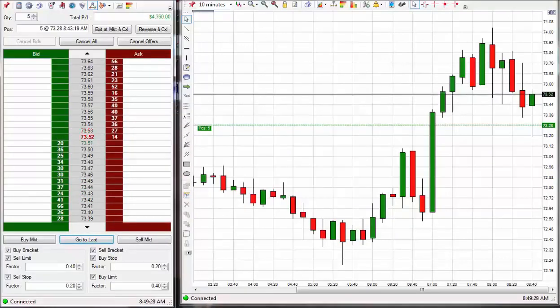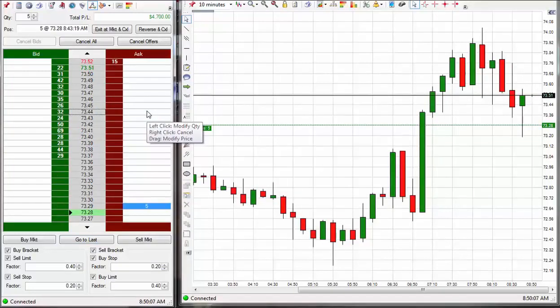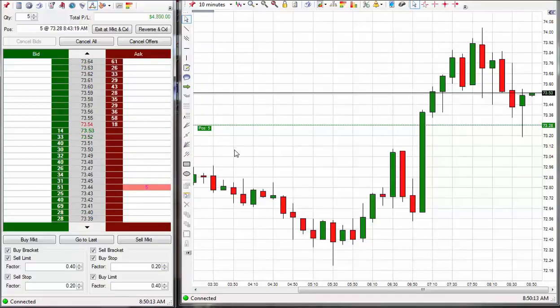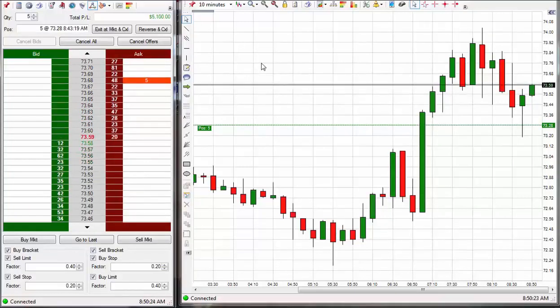I'm going to adjust the stop up to 44 here. Let's lock in some ticks. At 38, that's 16 ticks. 16 ticks locked in. Okay, let's see if it'll go for it here. It just broke the high right there. Seems to go a little higher up to 68. We got it. For an extra